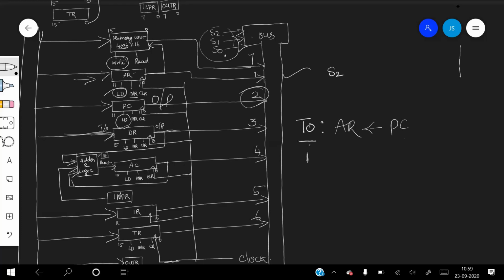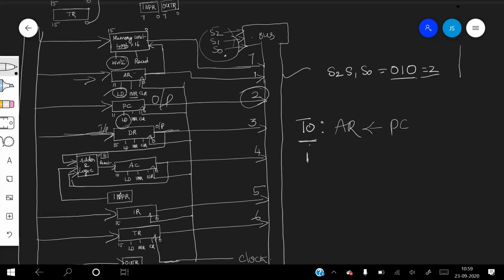When S2, S1 and S0 are 0, 1, 0, that is 2, and when T0 is active, this is how we synchronize.